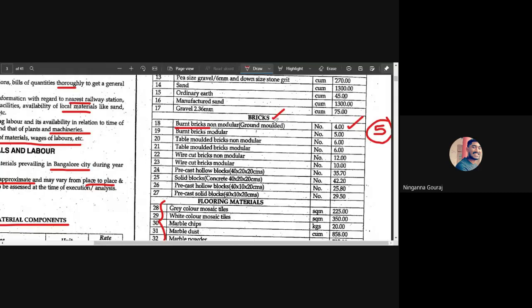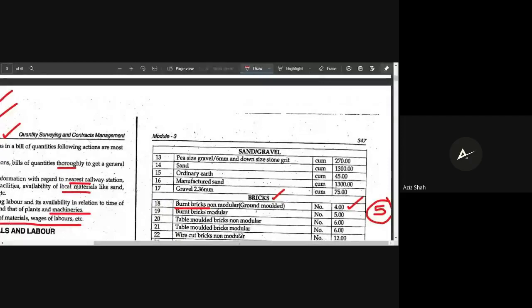Sir, what is the meaning of brass? I have not heard anything called brass regarding bricks. If you have an idea, you can share. Sir, sand and aggregates are measured in brass. 100 cubic feet is known as one brass. So you are going with MKS units, 100 feet is equal to one brass. 100 cubic feet is one brass.